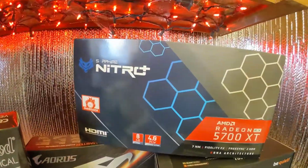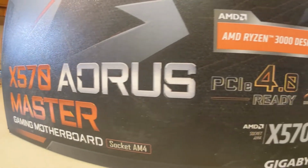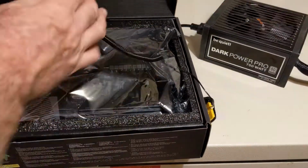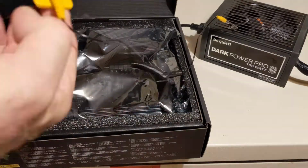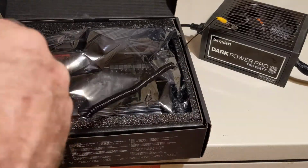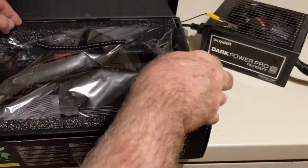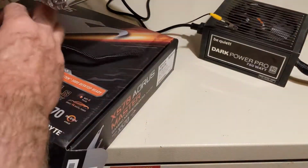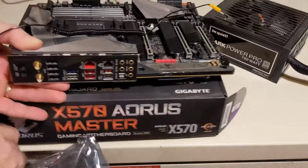The Master I picked on account of the PCIe 4.0 Express. And what is that? Well, it's the bus lanes that are between the components, between the CPU and the RAM, and the voltage regulator module, and the graphics card. All of these things have those little gold buses, they're called. They're kind of like golden trails that the electricity and the power goes through and all the data. And I guess with PCIe generation 4, it's a lot stronger, it's a lot thicker, it's a lot